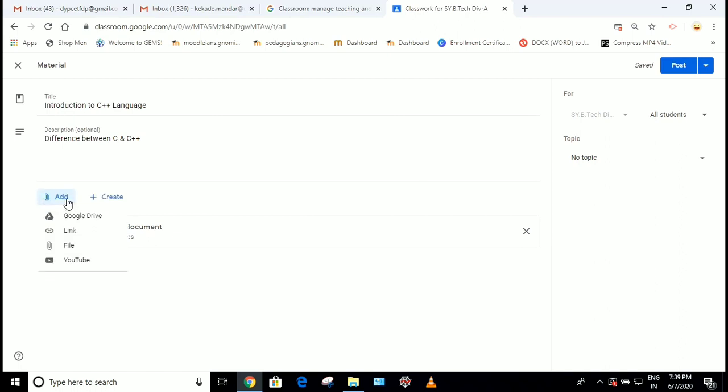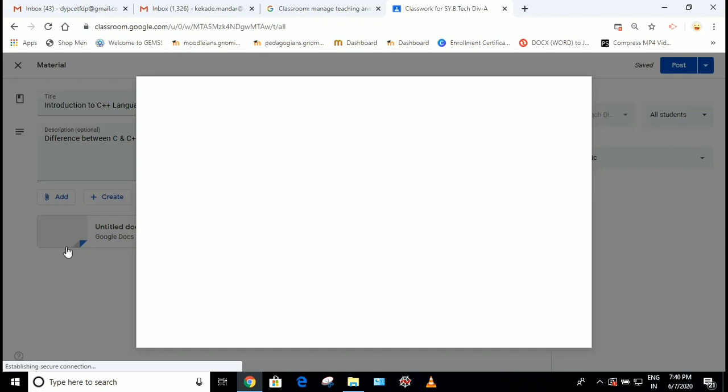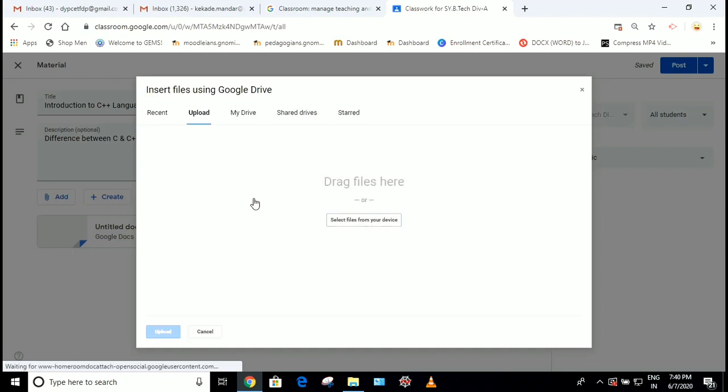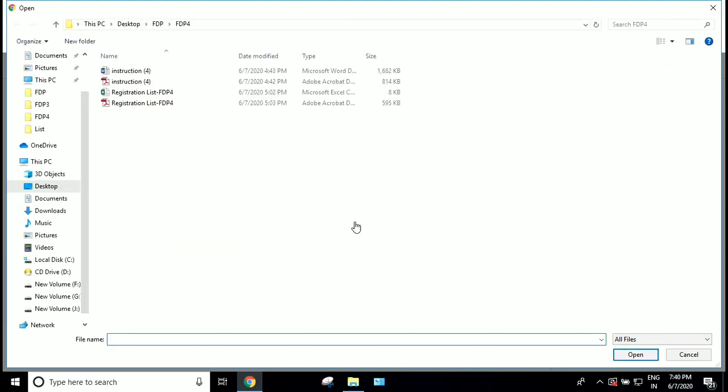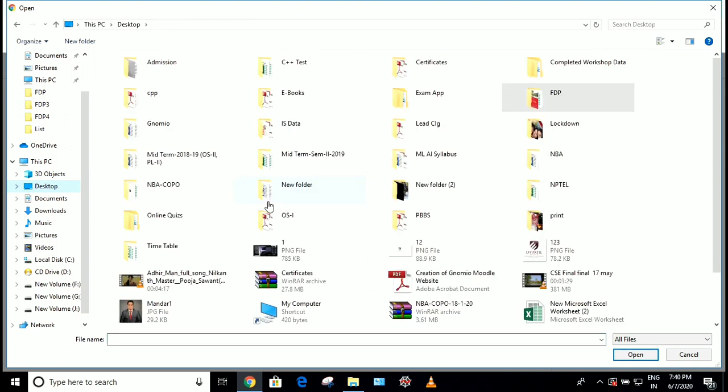The third option available here is that you can add a file from the local system. How to add? Just click on file, then click on select files from your device. After that, you will be redirected to the local system storage. From there, you just have to select the folder where you have saved the files to be uploaded.